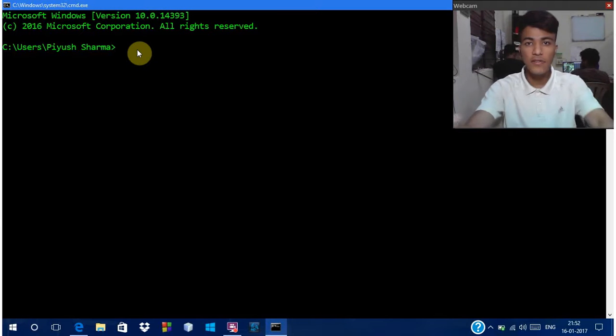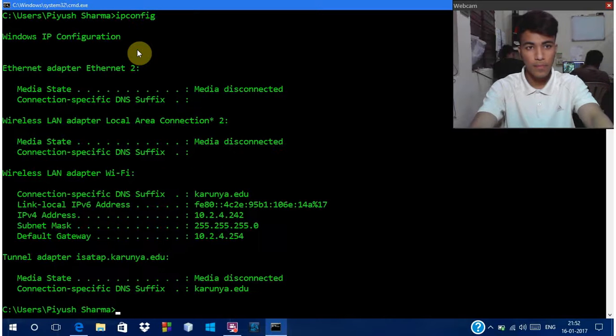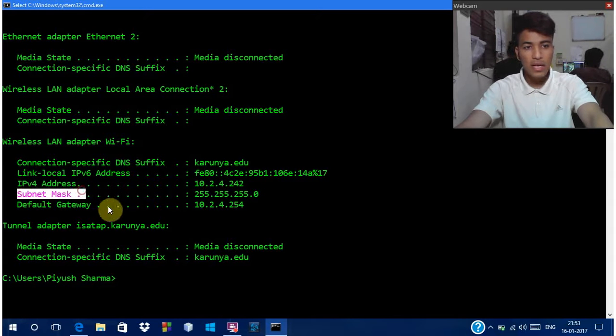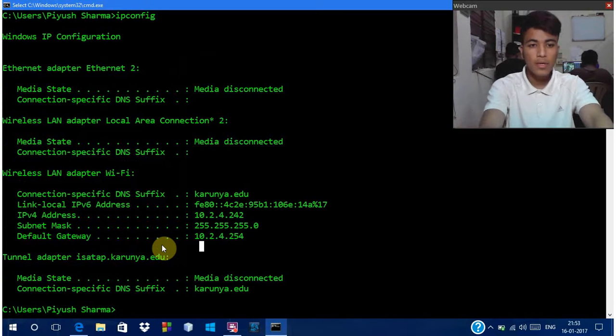So we'll start with the first command, which is ipconfig. As you can see, this command gives the IP address of the computer, of the laptop, and the subnet mask and the default gateway IP address. Then this can be elaborated